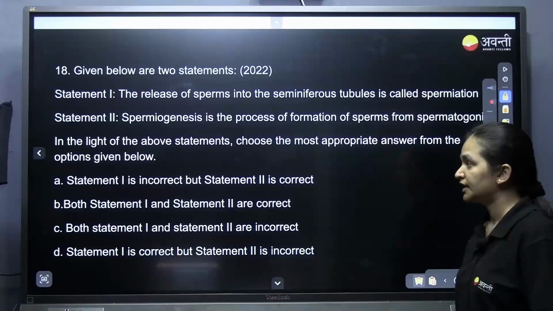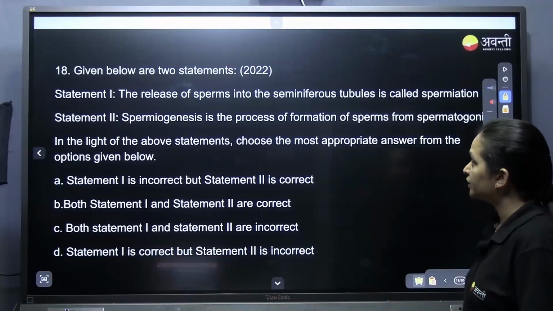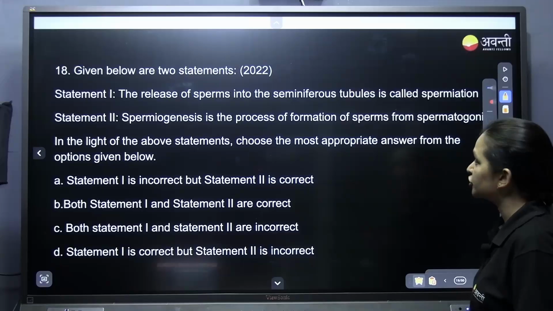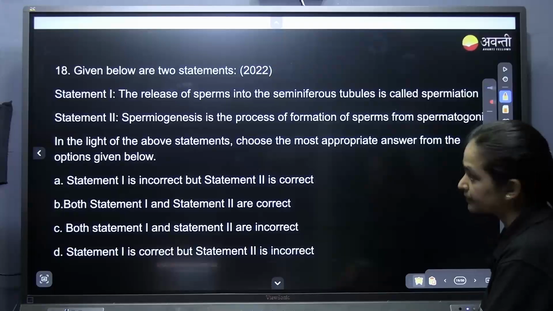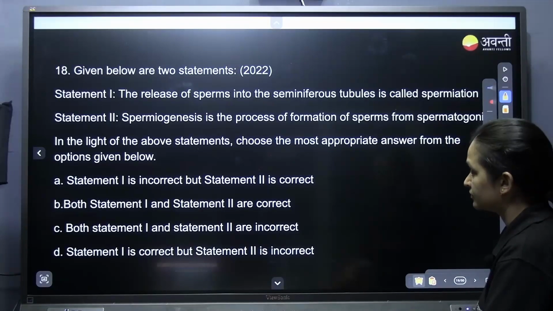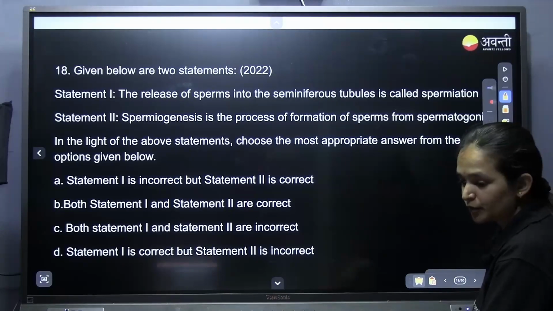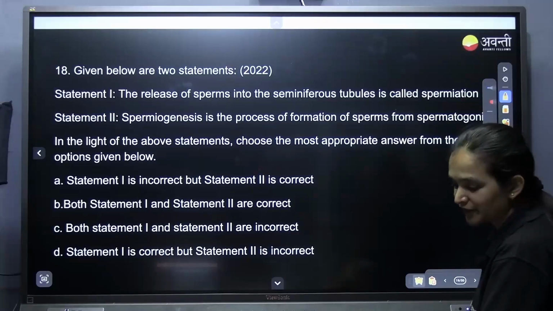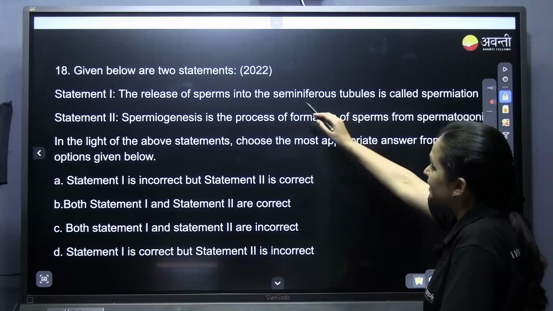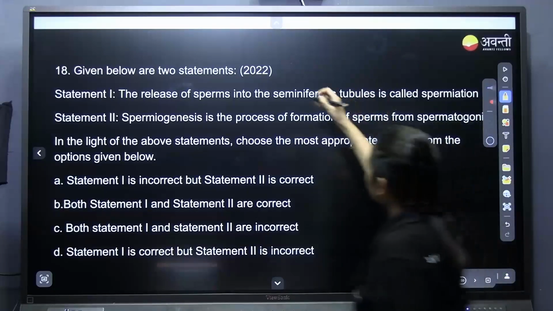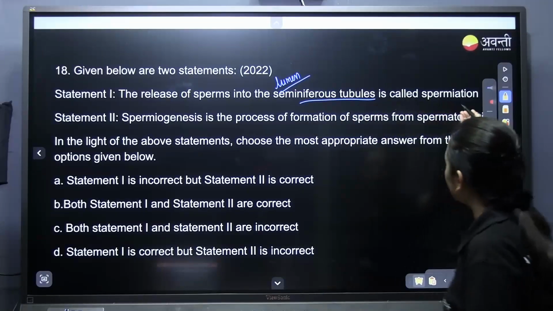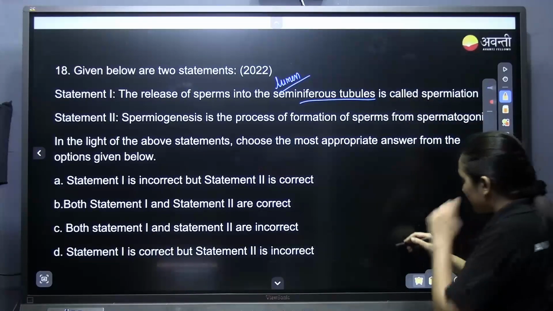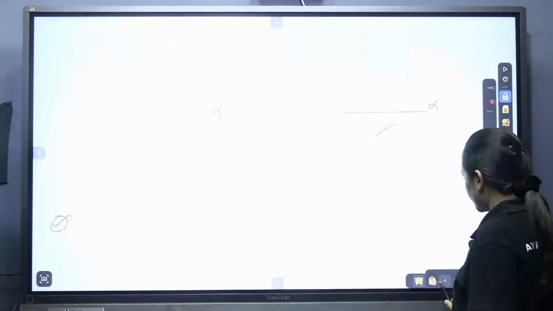Given below are two statements. Statement 1, the release of sperm into the seminiferous tubule is called spermiation. Is it correct? Option B. Okay, we'll go through this. Don't worry. So the release of sperm into the lumen of the seminiferous tubule is called spermiation, isn't it? Lumen of, which means in this particular